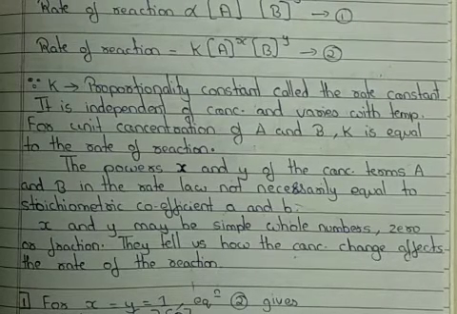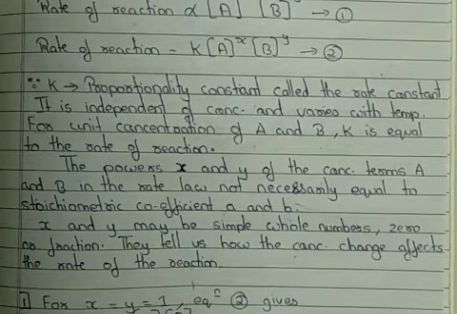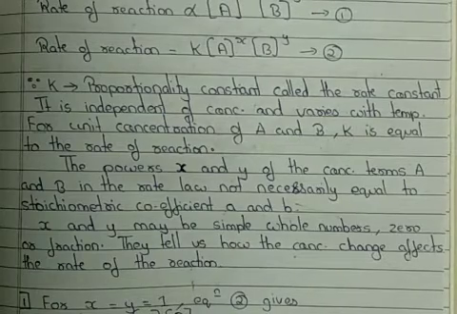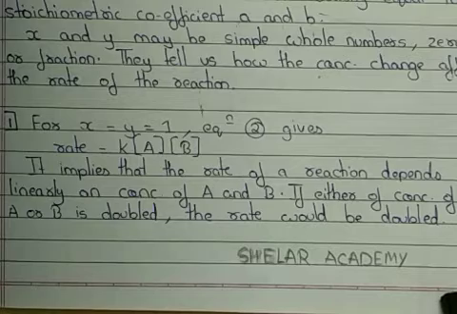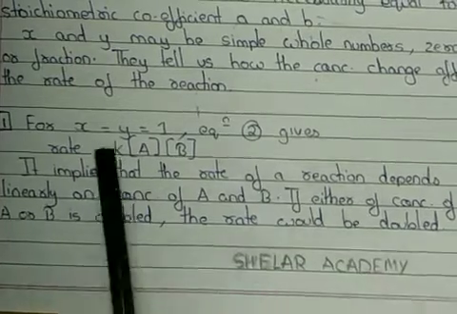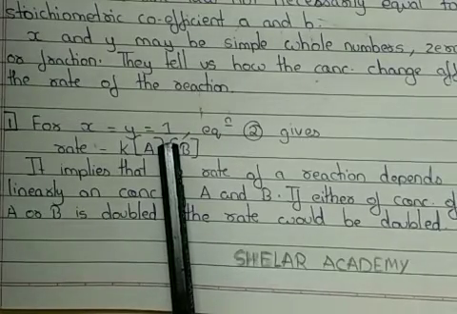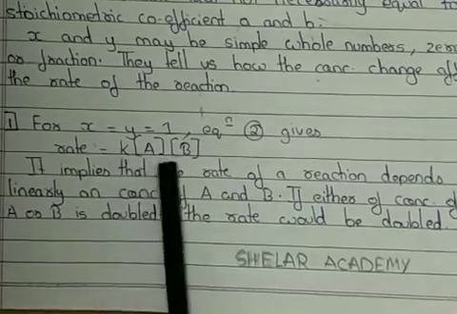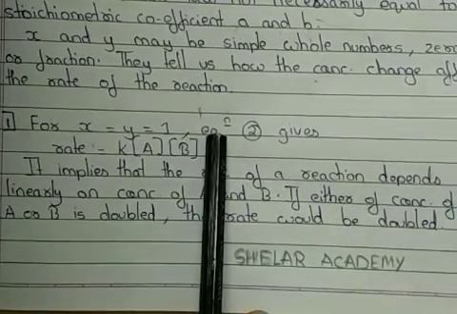Now based on this, let us see how we can predict the reaction's rate based on the rate law with some examples. Now let us take an example. Suppose for the previous reaction my exponents x and y are equal to 1, then the same rate law equation becomes: rate is equal to k, concentration of A raised to the power 1 and concentration of B raised to the power 1.